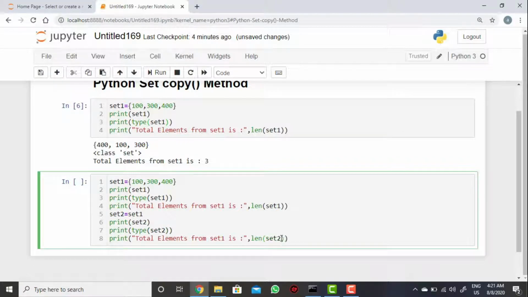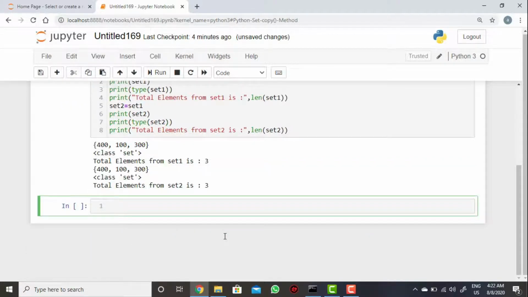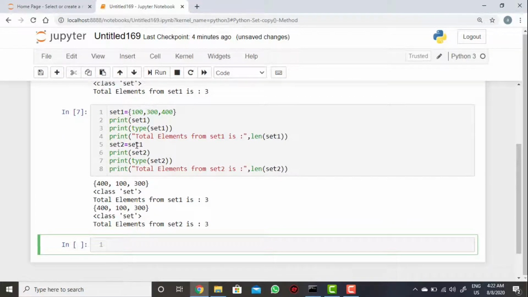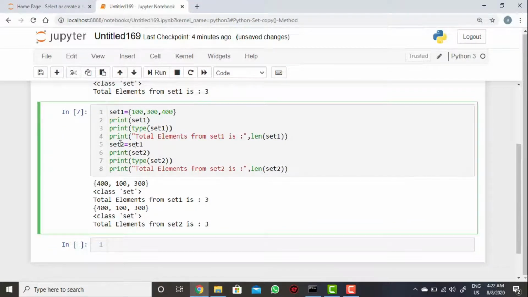So whenever I execute here, these are the values. Whenever I copy set1 into set2, all the values will be copied here. If you observe, it will be the same as set1.